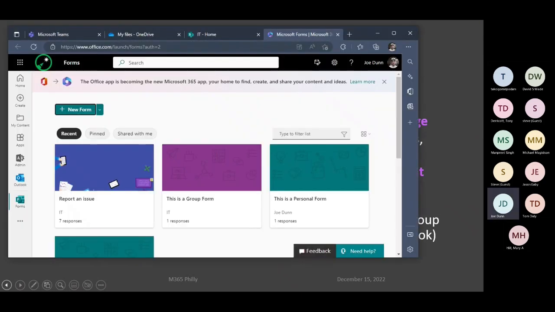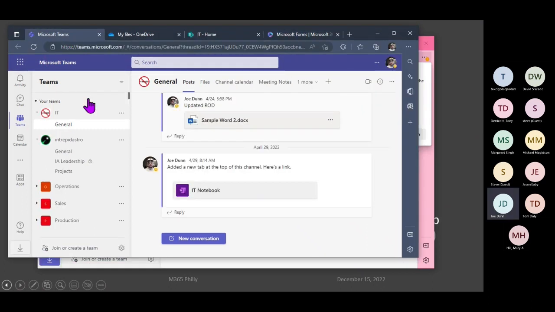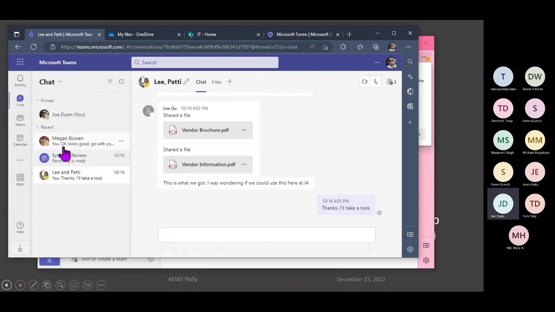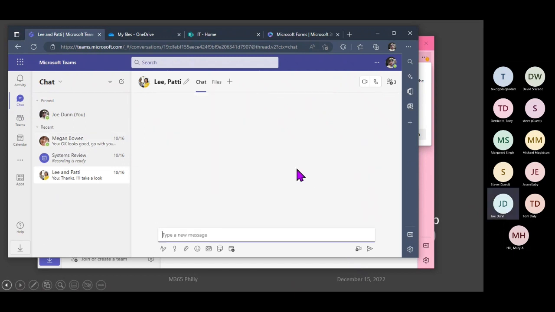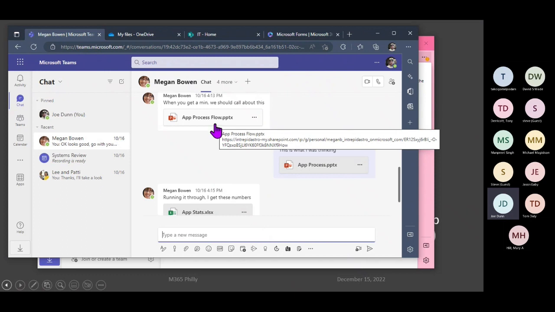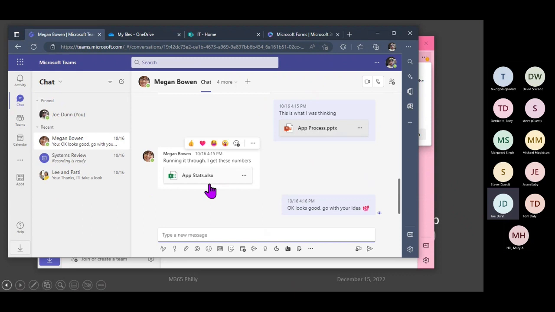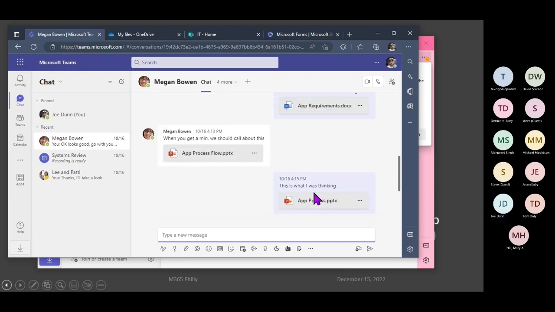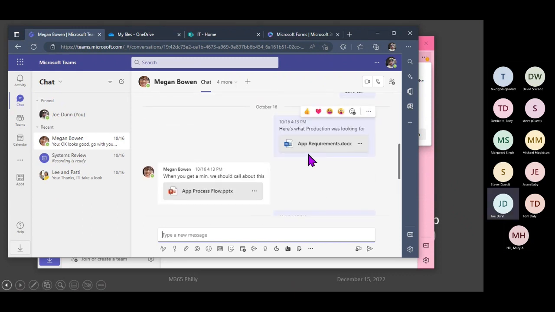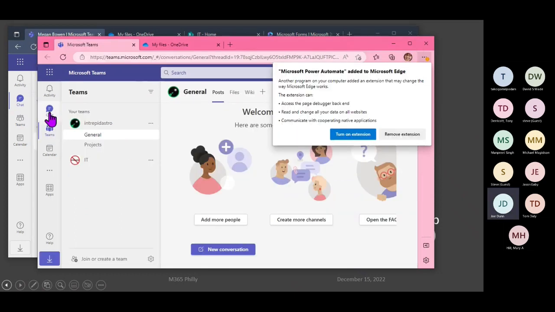So to show off what that looks like, here's me in Teams, and in my chat with Megan, she shared some app process flow. I shared back a different file. She shared an Excel file, right? I shared a Word file to talk about it first, okay? On her end, she sees